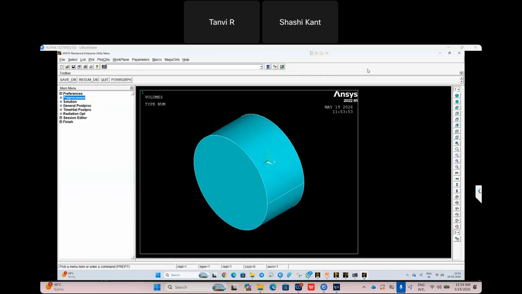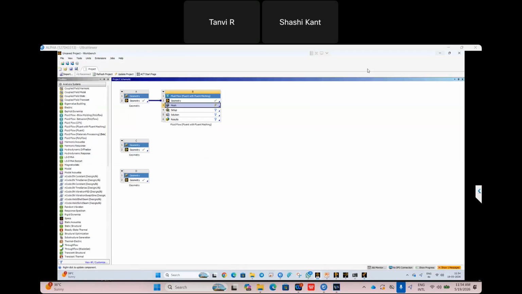In APDL you have seen the process looks very lengthy and not user friendly. It is classical. So DRDO scientists or old scientists or old engineers have good efficiency in this, but the new generation always tries to see which solution can help us understand the process very fast. So let me show you. This is Ansys Workbench. This is the latest one, which is very user friendly and fast-forward.